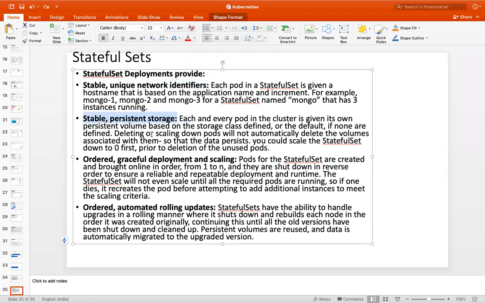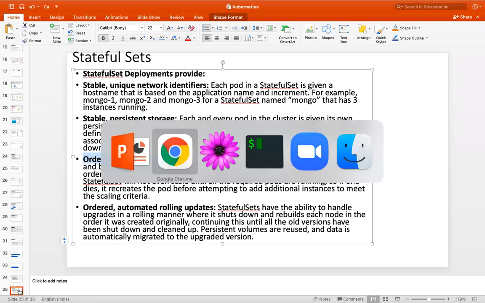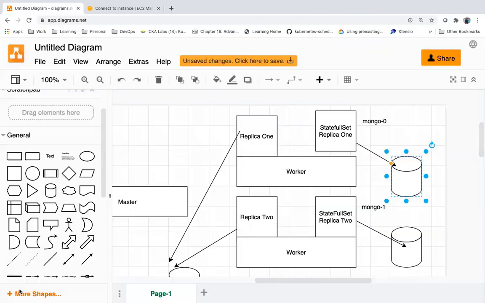Each and every pod will have its own storage and its own value. And it is ordered: it will create the pods one after the other. Let me explain how to create a stateful set.